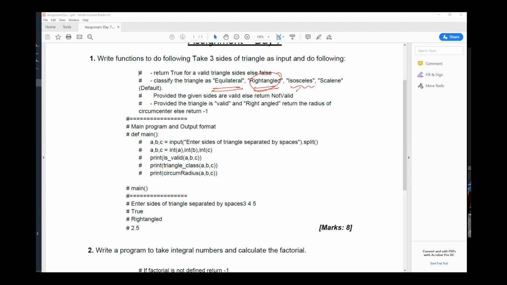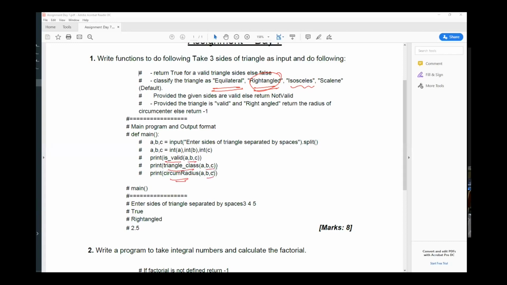Yes, sir. Okay, thank you. And with this problem, you might also start getting that vibe of why functions are important. So the way I have explained the solution, please try to code in a similar fashion. Here, is valid triangle and triangle class are my function names which are taking some parameters.